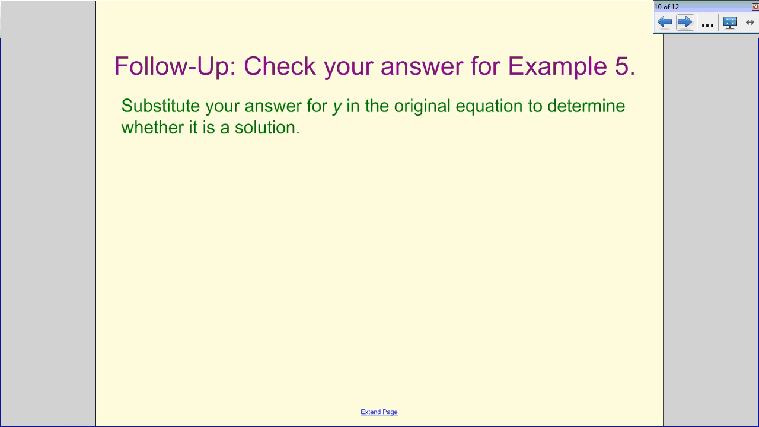So you're going to take your answer for y and plug it into your original equation. So you had 4y minus 42 is equal to 2y. And what you want to check is y equal to 21. So we will check